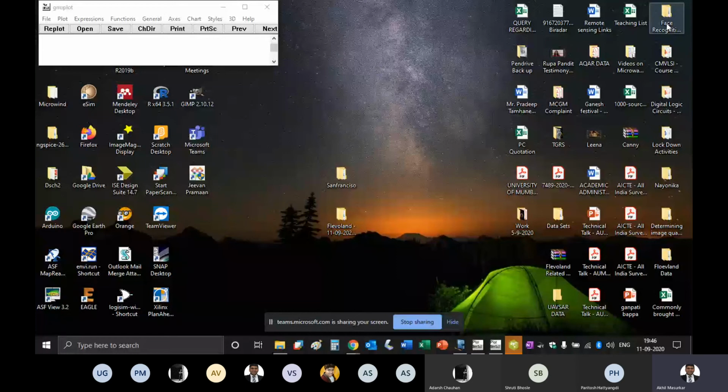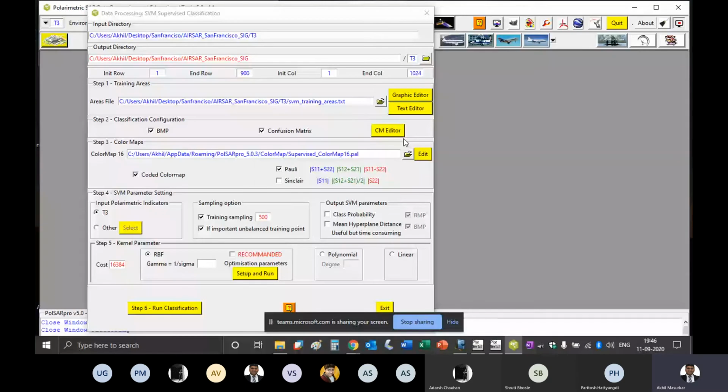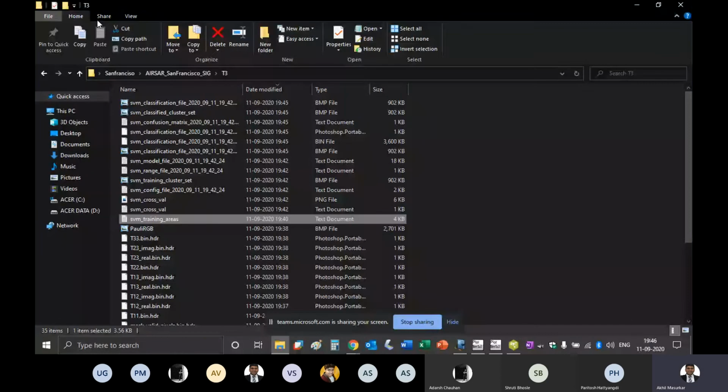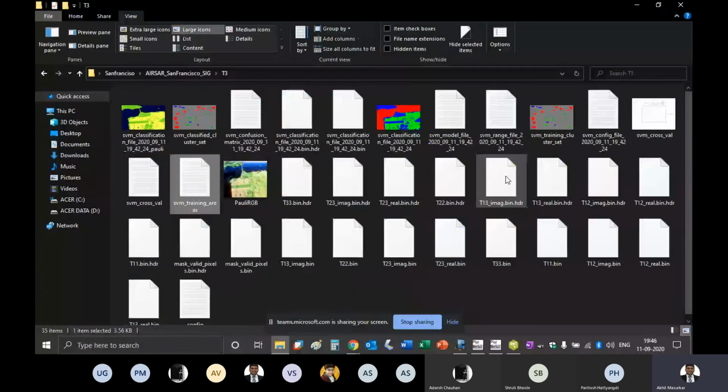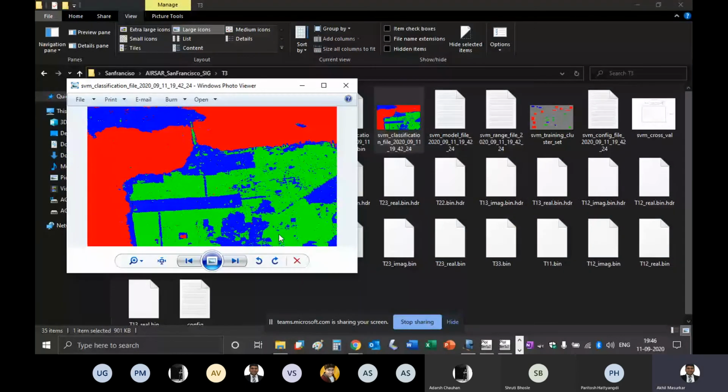Okay. So let's go back to Pulsar Pro and see for ourselves what we have got. Large icons. So I got this SVM classification file. So my green is plant cover and blue is the mountain areas and the forests, and red is the water body. Okay, so now going ahead,